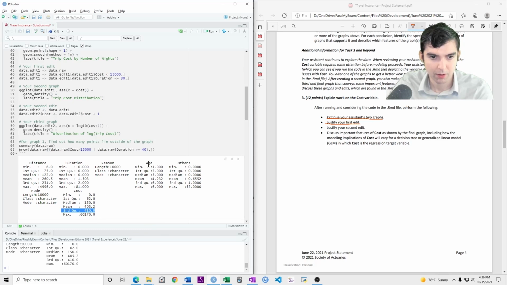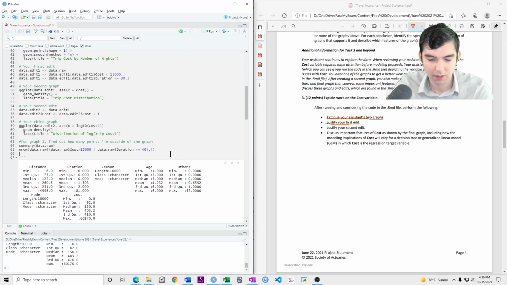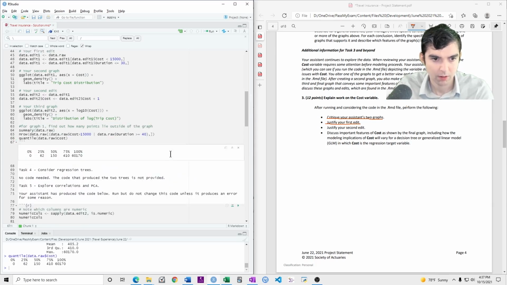You could also look at quantile cost and see the 75th percentile.